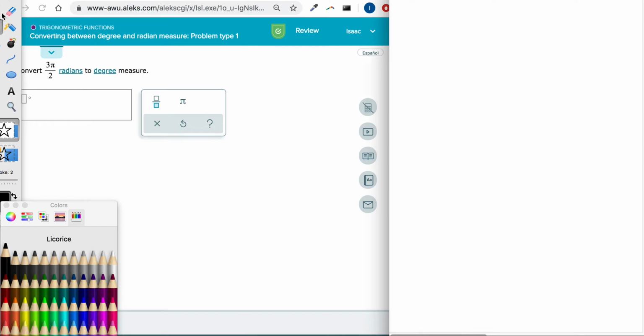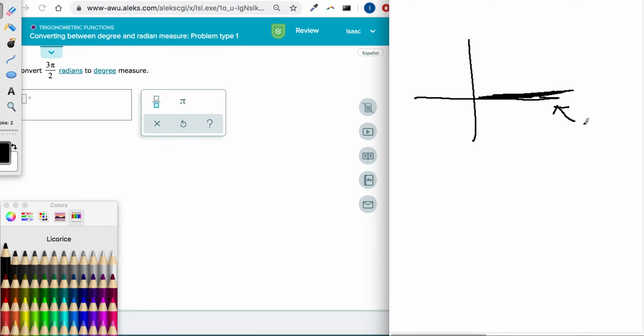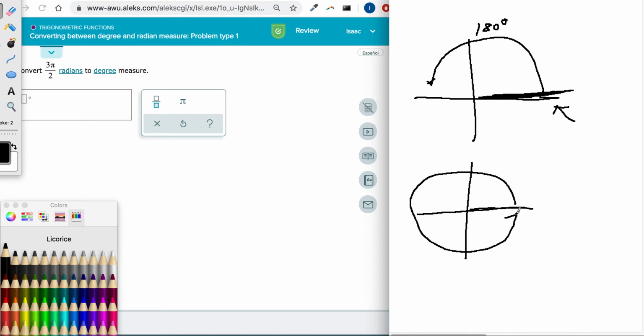Okay, so when you have to convert between radians and degrees or vice versa, it's useful just to see what you're doing. If this is an angle, let's say we start here. When we draw an angle, you draw the x and y axis, and we call this the initial side. And this is 180 degrees. And then we have a 360 rotation, which means you start here, and if you rotate 360 degrees, that's a